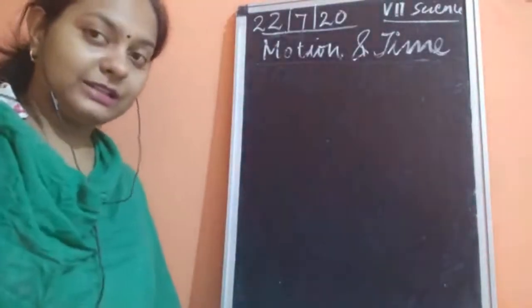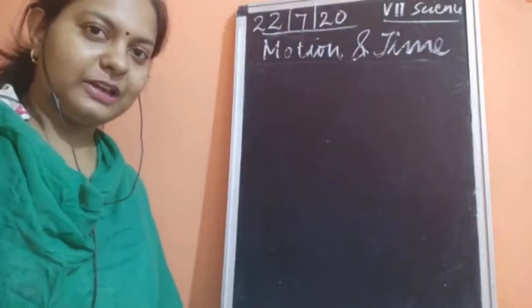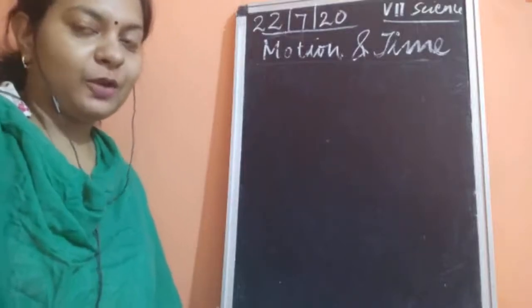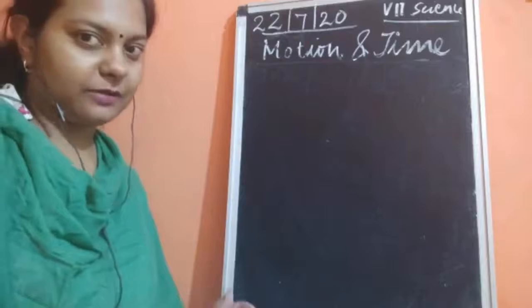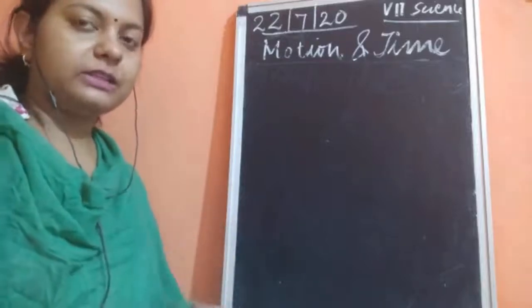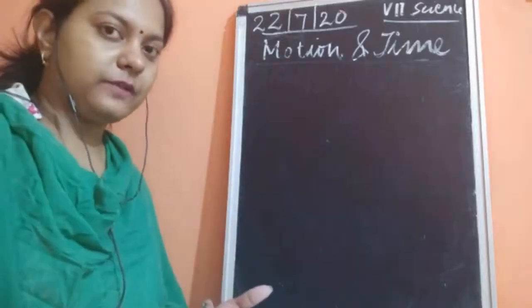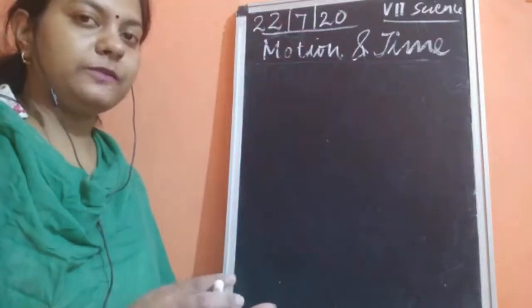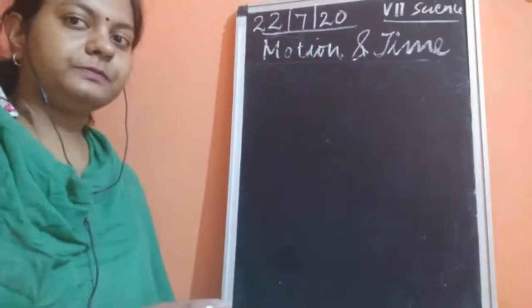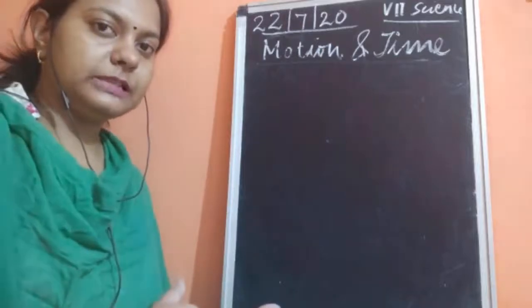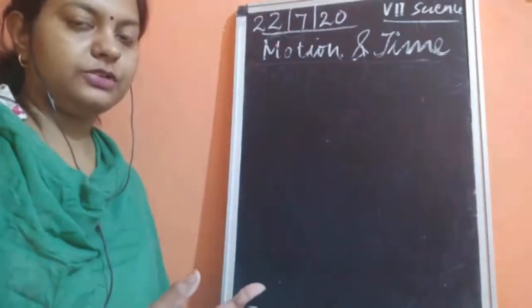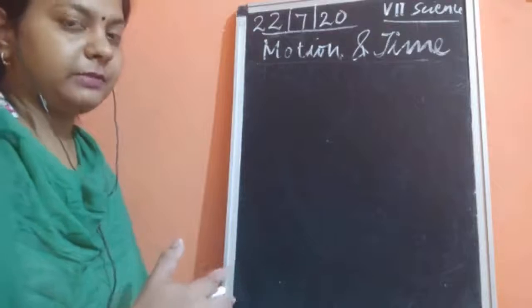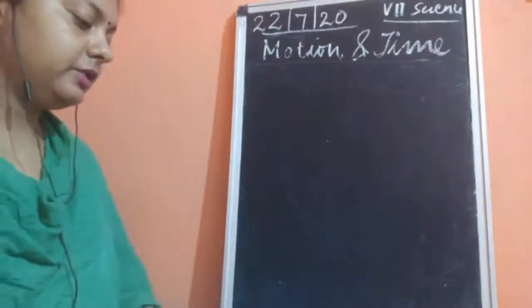Okay, so I think this is quite easy for you all, and it might be interesting for you to calculate these conversions. I have told you both the methods. In the long method also I have told you, and I have given you the shortcut methods. So please remember, when you have to convert meter per second into kilometer per hour, you just multiply it by the reciprocal, 18 by 5.